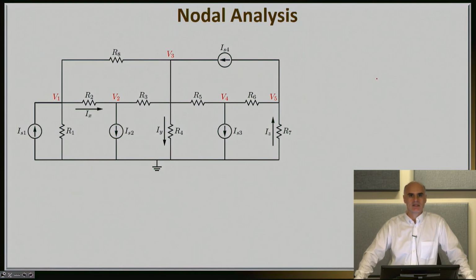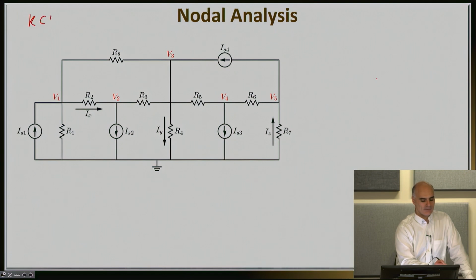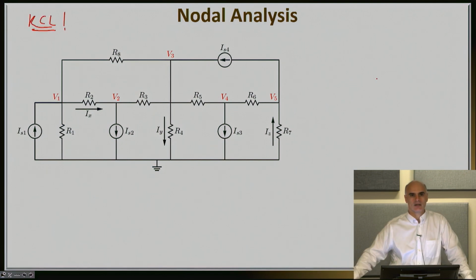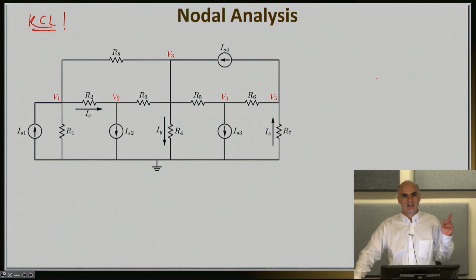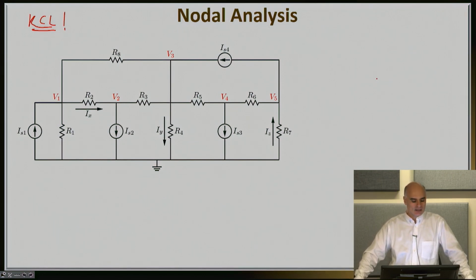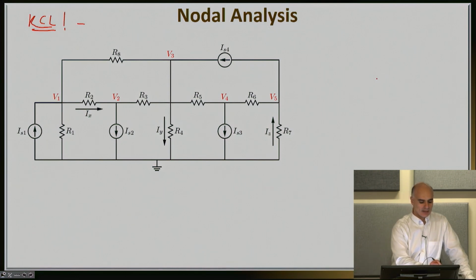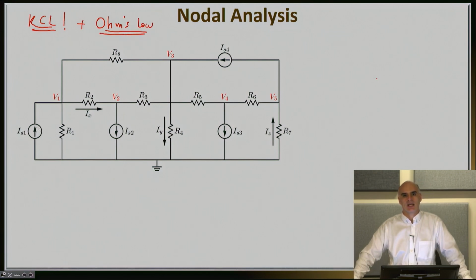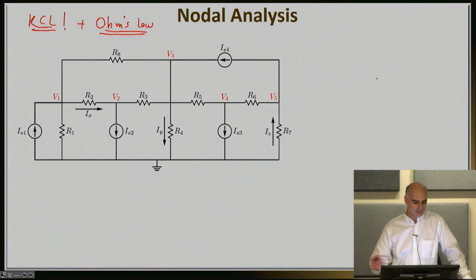All right, now let's go back to the question, how do I find these nodal voltages? Well, the way we find these nodal voltages is by applying KCL at every single node. So this is the winning equation, and we will go ahead and apply KCL. In addition to KCL, though, we will apply Ohm's law. And as you will see, we need both of them in order to apply KCL and express at the end of the day everything with regards to the nodal voltage. Let's go ahead and do this step by step. So let's focus first on the essential node 1. So for node 1,